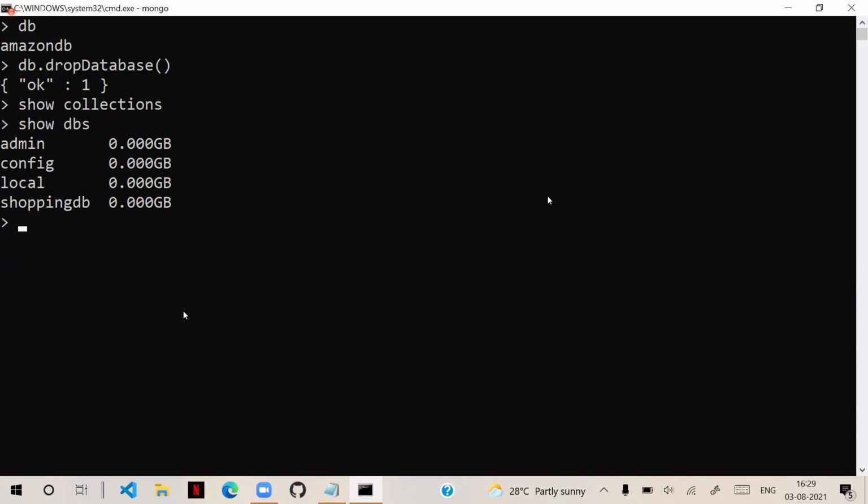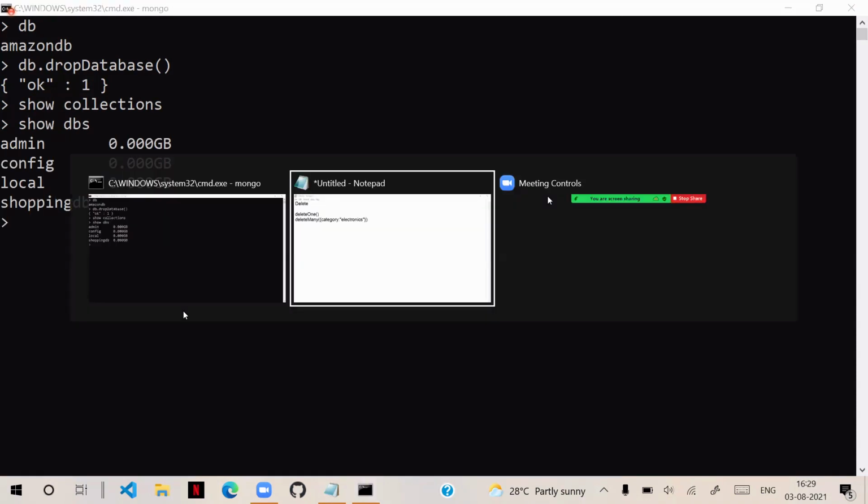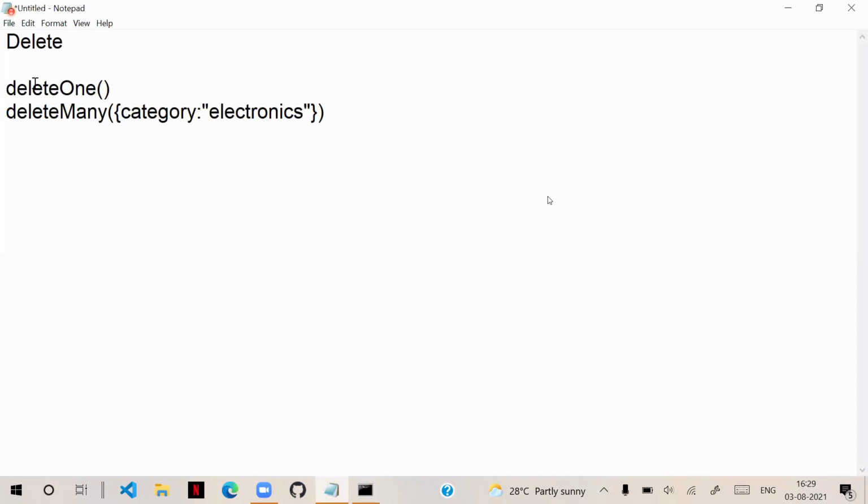So these are delete operations. You can delete records by using deleteOne and deleteMany. You can delete all records by using remove. You can delete the table by using the db.collection.drop method.